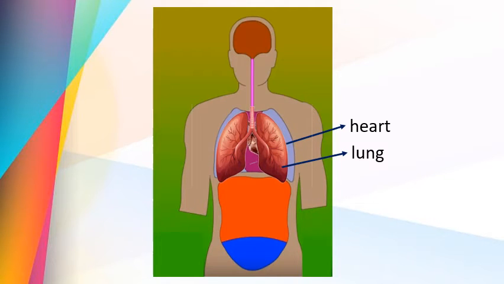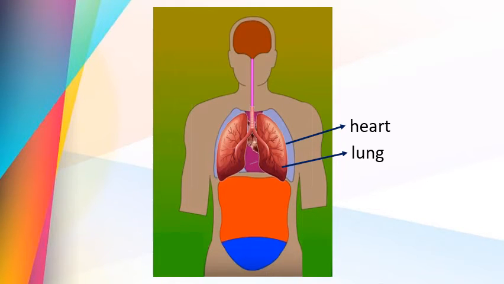When we breathe in, the lungs expand a little. You can see there it is expanding and it is contracting, isn't it? That is why our chest swells up when we breathe in. The air collects in the lungs, so they expand. Because of that, our chest expands in size.